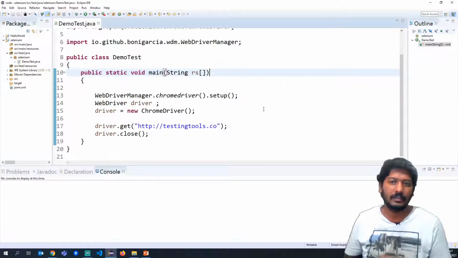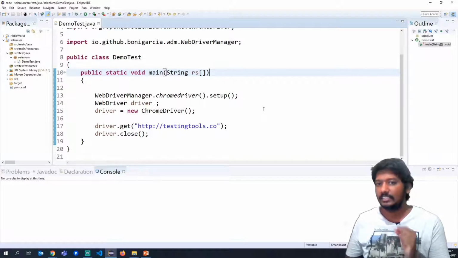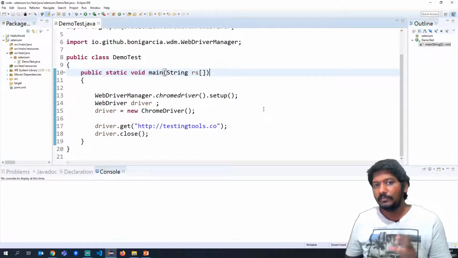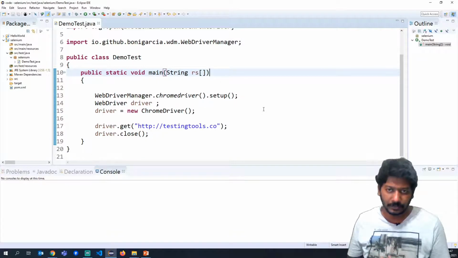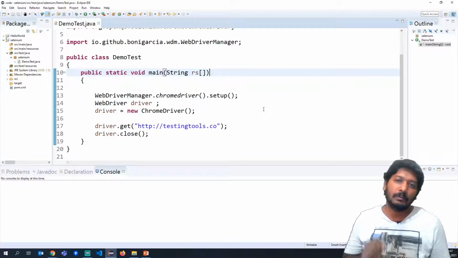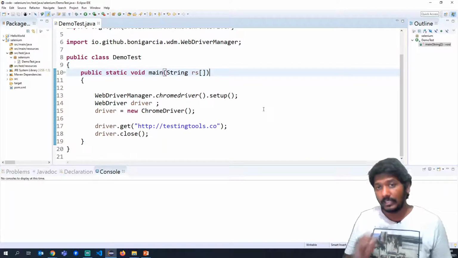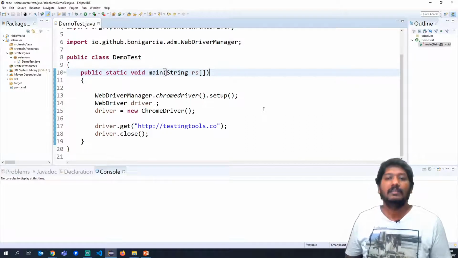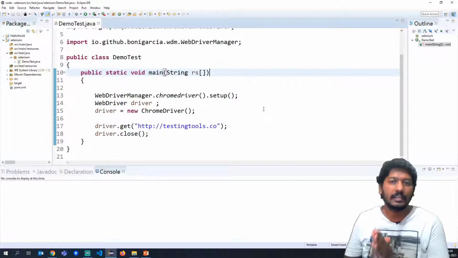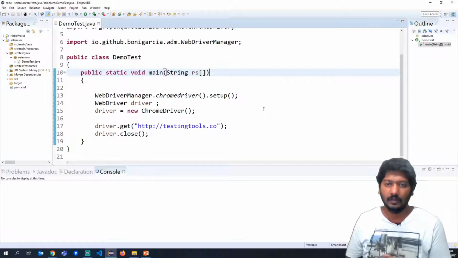Because if at any point I want to make a small change in this code, these 4 lines have been replicated in hundreds and thousands of scripts, and you have to go and update all these test automation scripts. That is the reason why we always look at writing reusable libraries. Now we will see in this video how to do that.